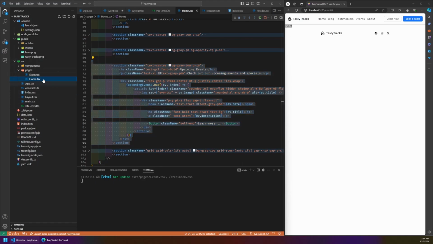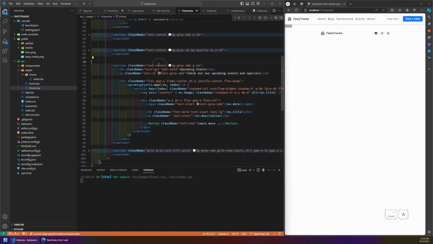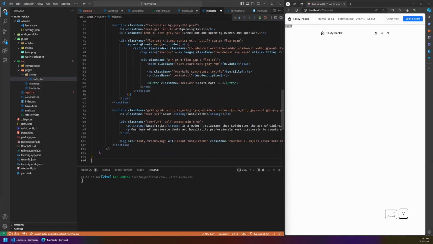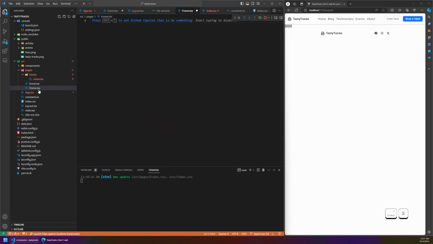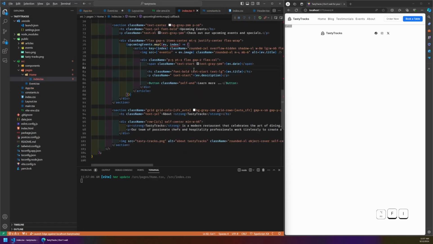So I'm gonna change this home.tsx into a folder. So I'm gonna say home, then inside the home we're gonna put index.tsx, and inside the home index.tsx we're gonna move all this content into here. This is supposed to not create any problems because when you import the